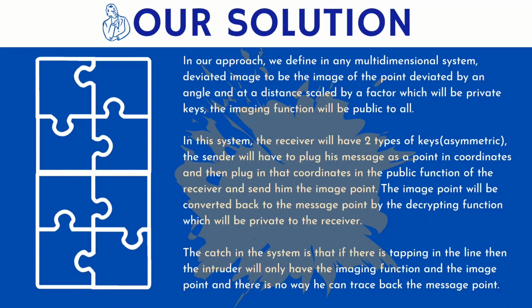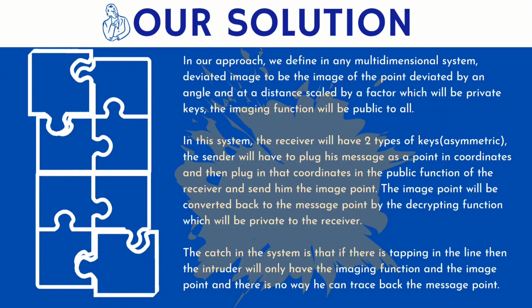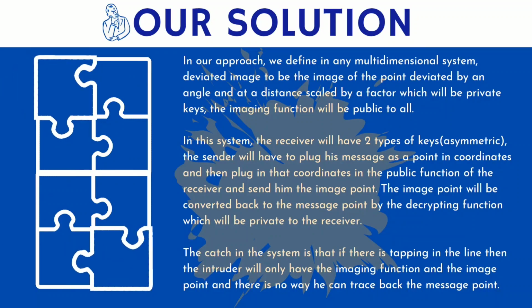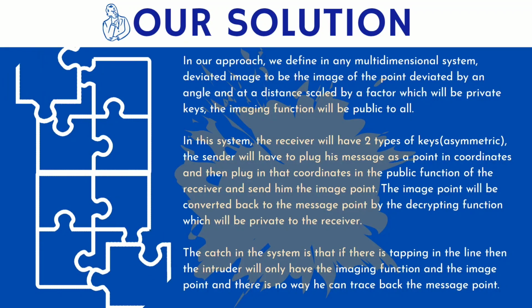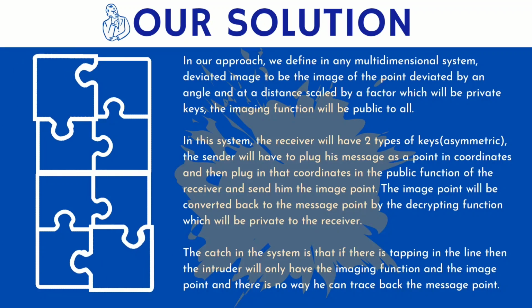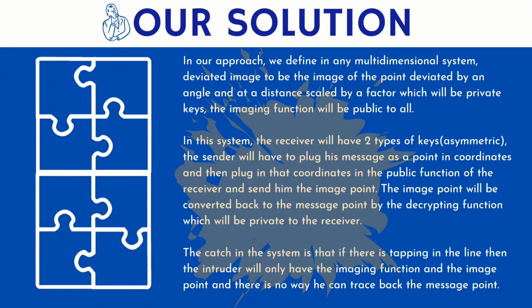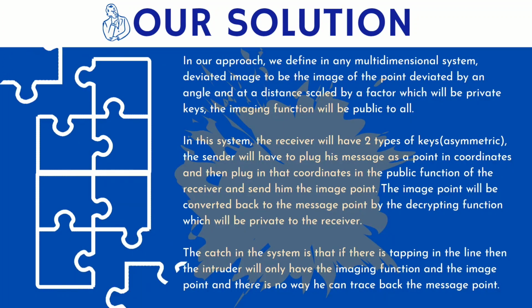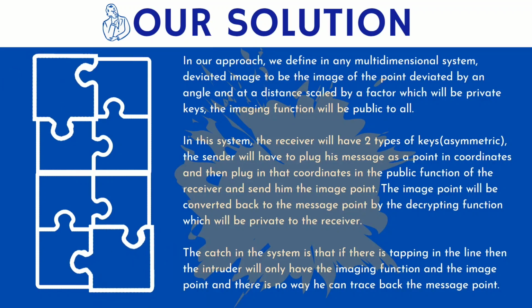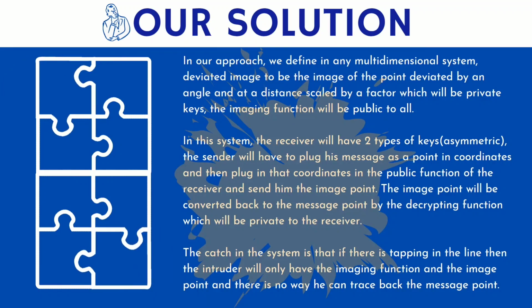Now, we define image not to be a regular image, like what we see in a mirror, just normal to ourselves and at a distance exactly equal to the distance of the object from the mirror. Rather, we define our image in this context to be the image formed after multiplying the distance between the object and the mirror by some factor k, and deviating that point with respect to angle theta, so that k times that distance remains constant. So that's more mathematical. We'll get some intuition afterwards, as I will mention some graphs and diagrams.